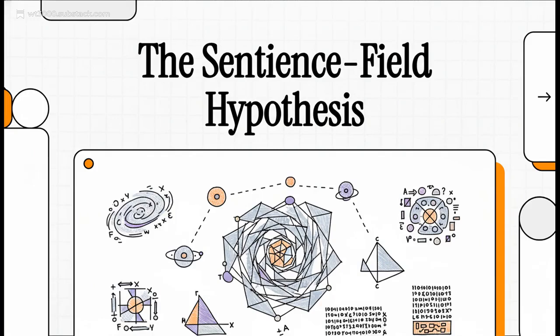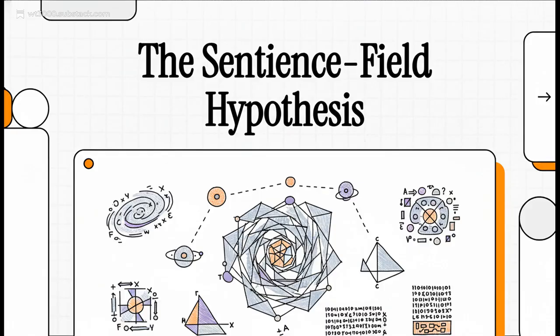Welcome to the Explainer. Let's talk about a wild idea. What if our reality isn't really real? At least not in the way we usually think about it. Today, we're diving into a mind-bending theory that suggests our entire universe is built not from matter and energy, but from a pure mathematical code. And this isn't just a code that describes reality.